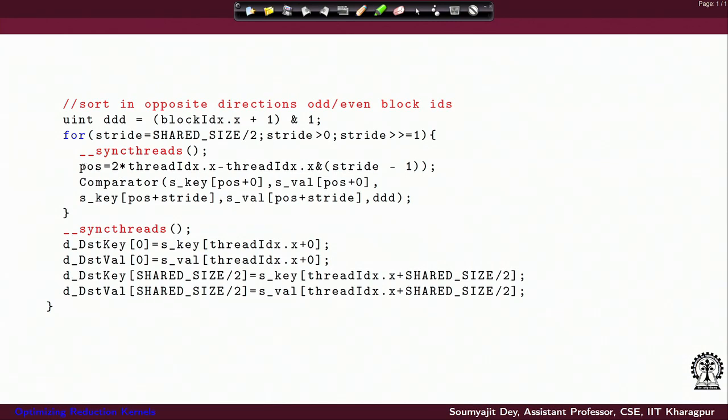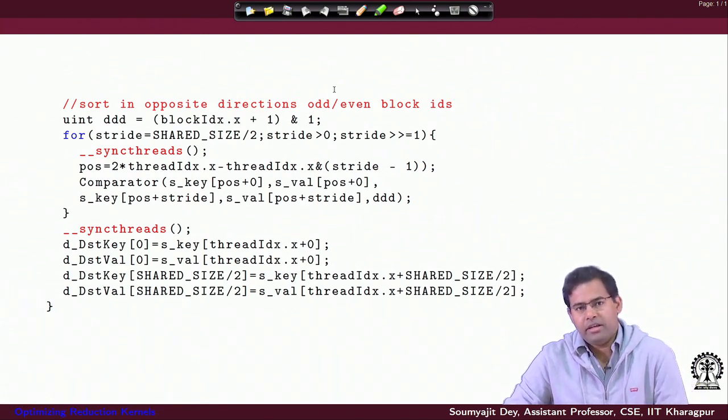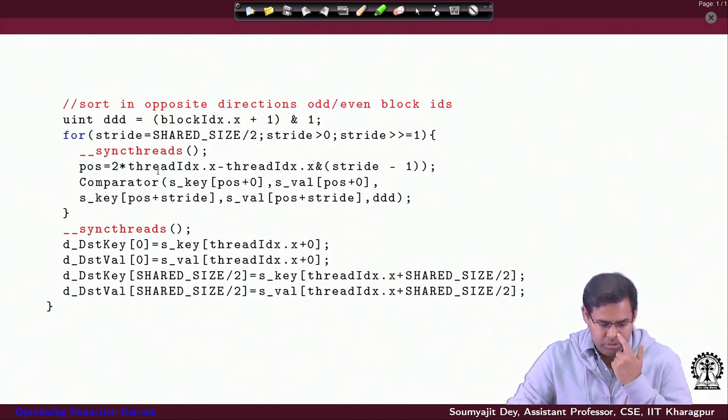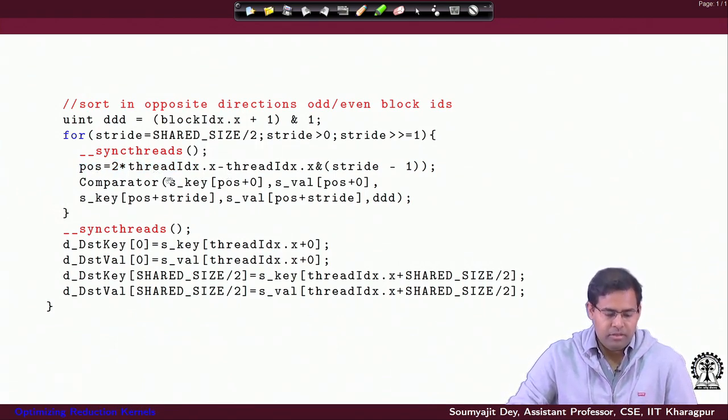This is the loop which is controlling the sequence of stride values for each thread. The loop iterations for the threads are spread over the x axis in that picture, and here for each thread you are figuring out the position. Once you figure out that you will do a comparison at this stride value for the thread, the next thing you do is figure out the position of the comparison. Once you figure out the position by this computation, you just apply the comparator at that position with that stride and the direction that has already been pre-decided.